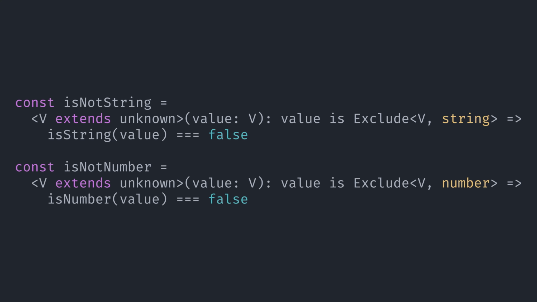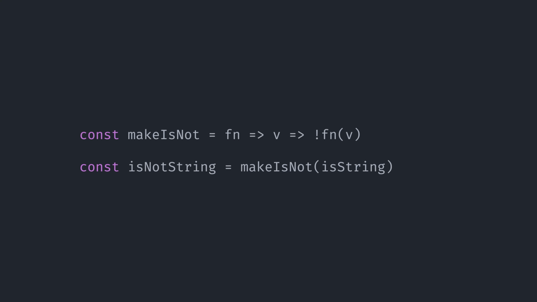But writing those inverted guards manually is tedious and repetitive. I bet you can see a pattern in them. All we need to create an inverted guard is the custom type guard that will be inverted. In other words, the only difference between isNotString and isNotNumber is that one is using the isString guard and the other is using the isNumber guard. Could we stop repeating ourselves and create a function that accepts a type guard as an argument and returns the inverted version of the given type guard? Hell yeah, we can! Let's do that right now.